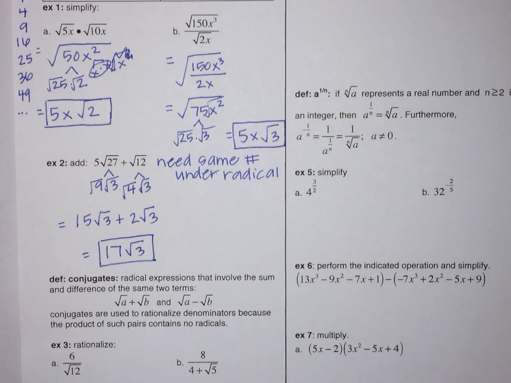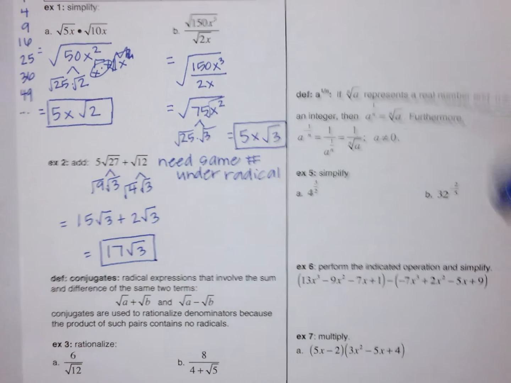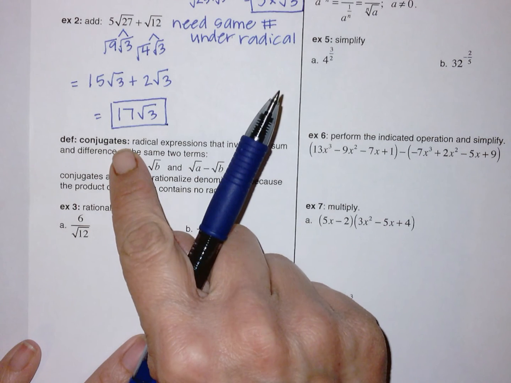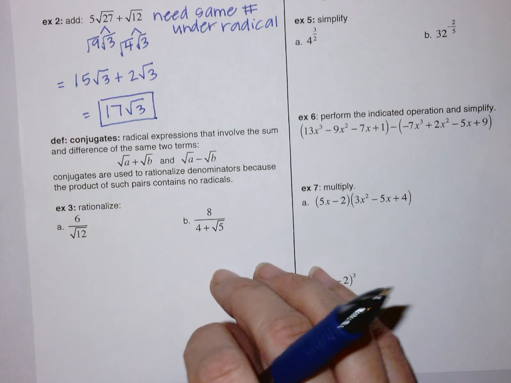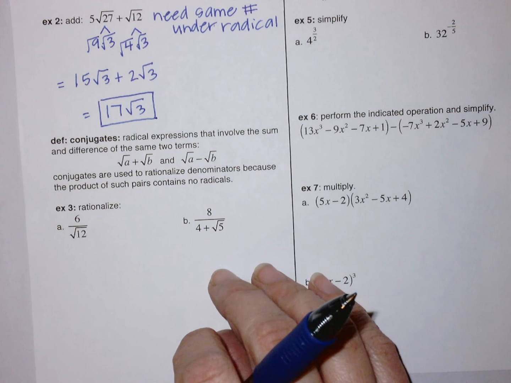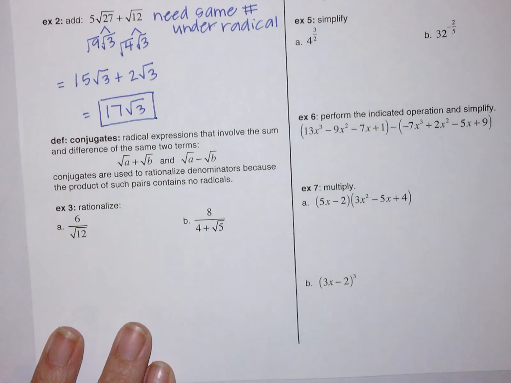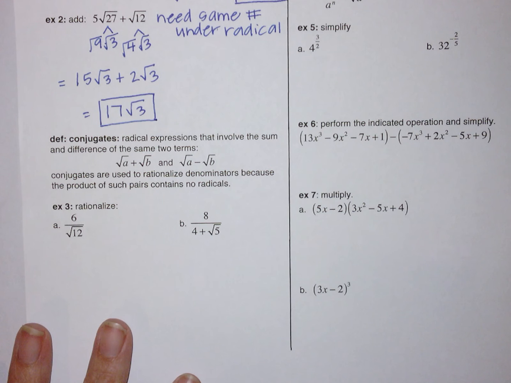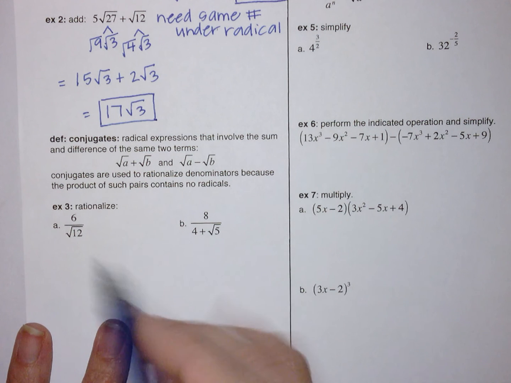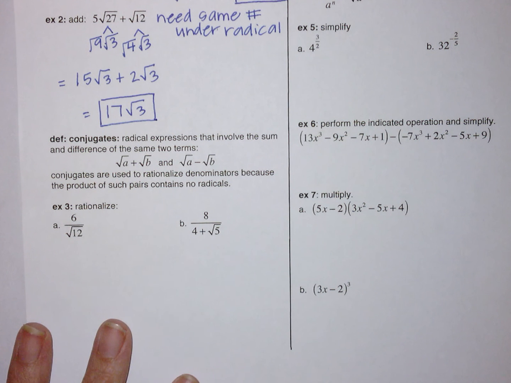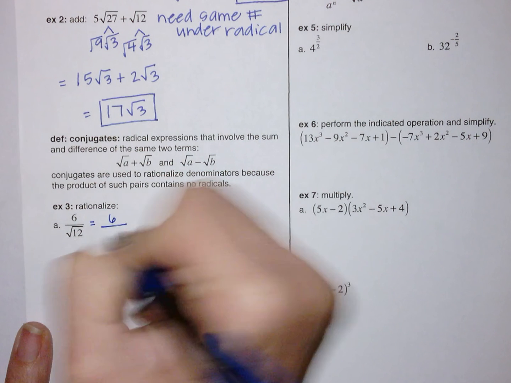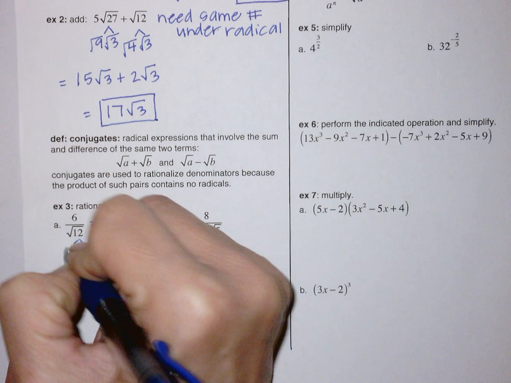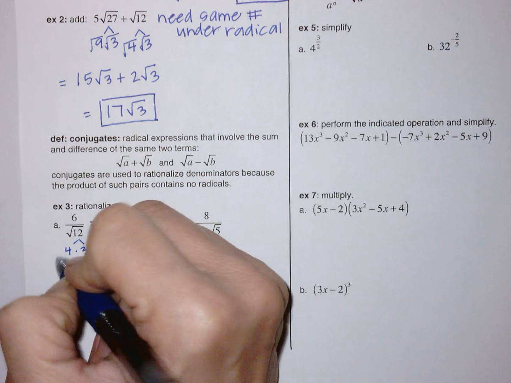Okay, moving on now to our next concept, which is rationalizing. So I'll come up here and use this definition in a second, but I'm going to go right here to this one. So when we rationalize, there's 2 things that you can do. So first is if you just have one term in the denominator. So I'm going to show you the way that I would approach this, and then I do have an alternate way for the way I think students would approach it. So if I have root 12 here, my gut being a math teacher is to go, okay, well this is really 6 all over 2 root 3, because if I factor tree based upon perfect squares and simplify,